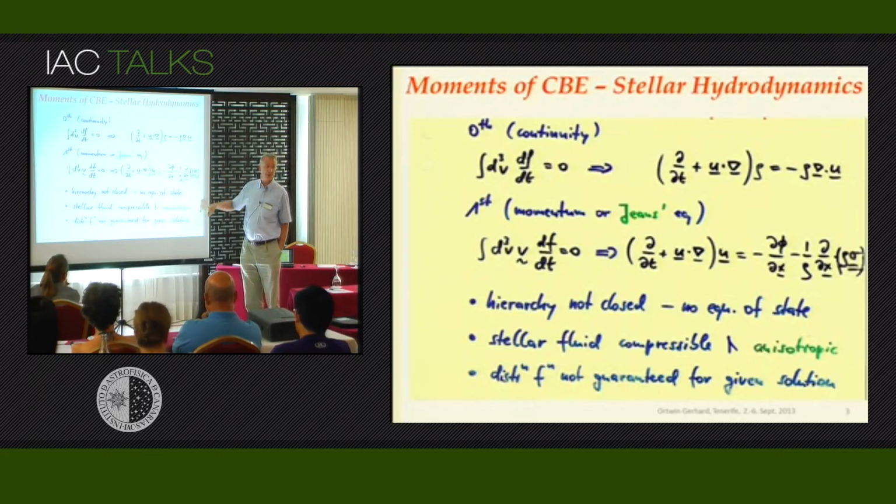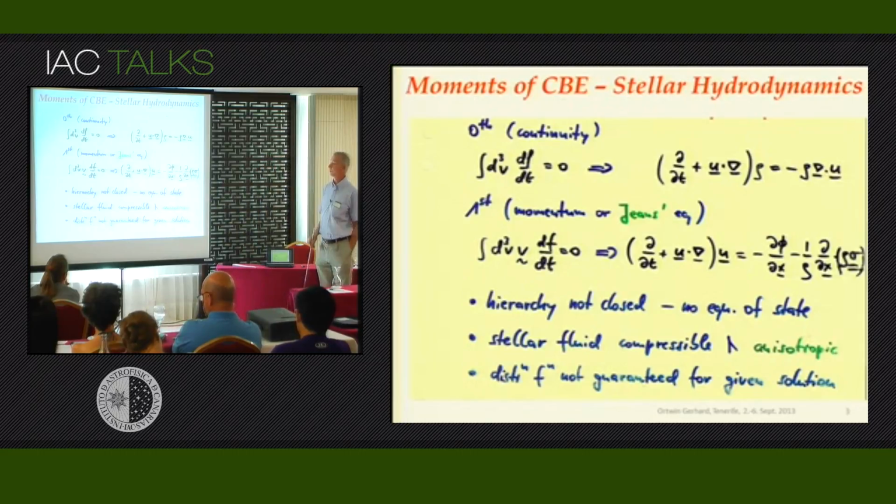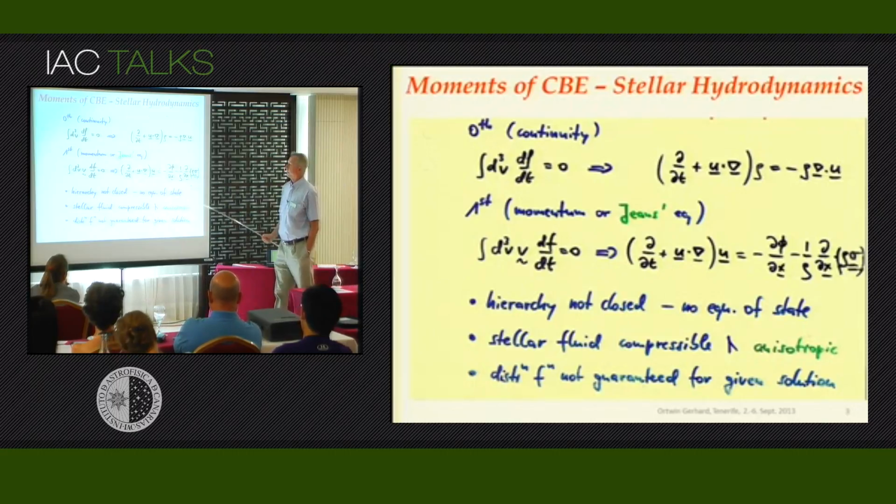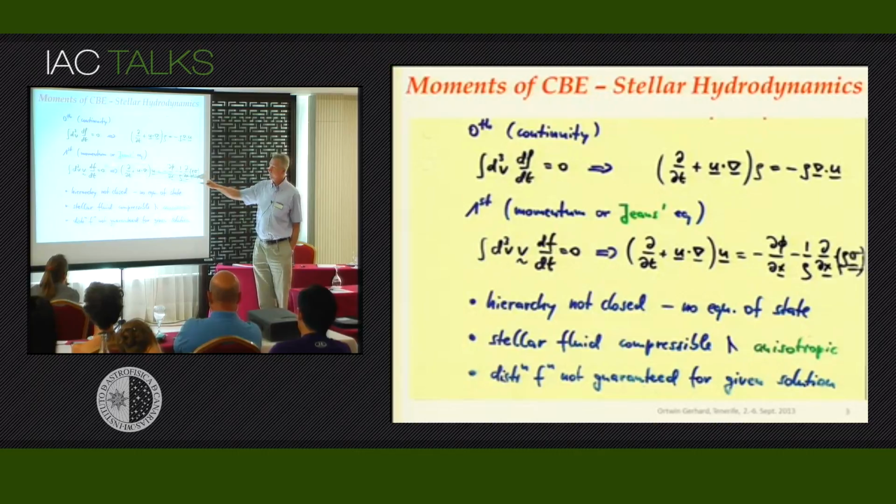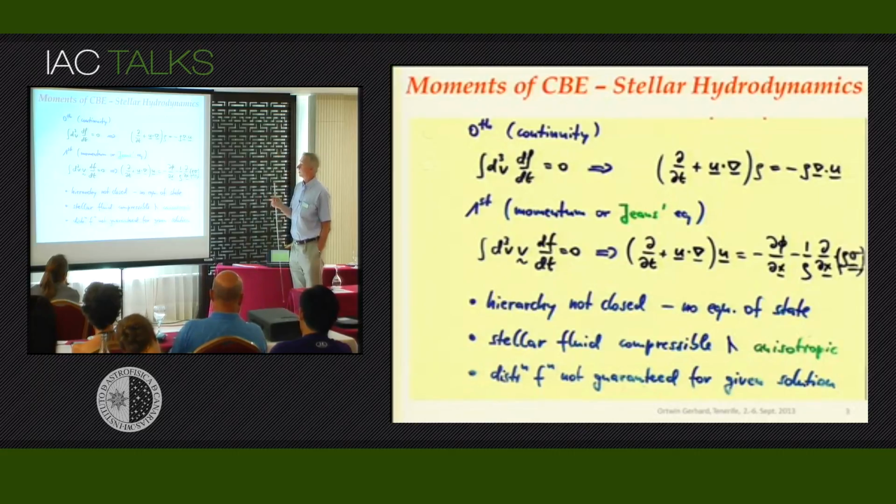And then you can keep going. You can also multiply by higher order moments of velocity and get yet more moment equations of the collisionless-Boltzmann equation. Now there's a number of points to note here. First of all, you can see this gives rise to a hierarchy of equations depending on the order of velocity with which you've taken the moment. Now the hierarchy isn't closed in general. The reason is that,